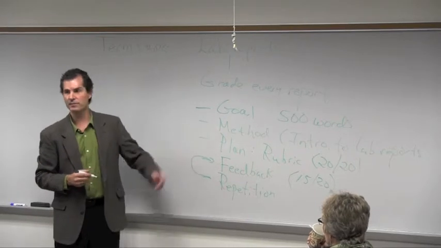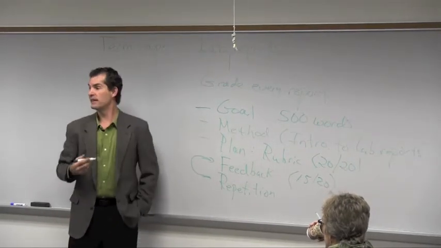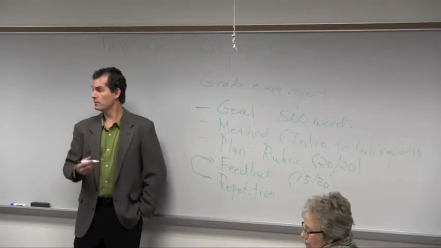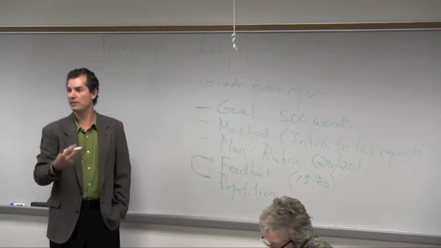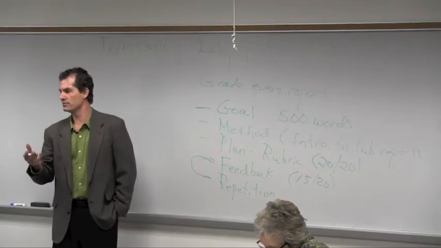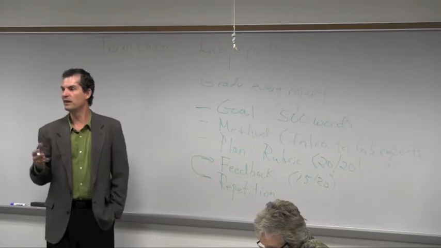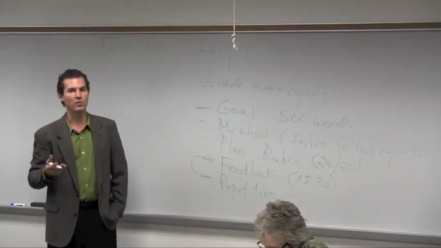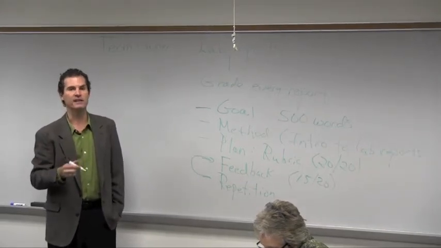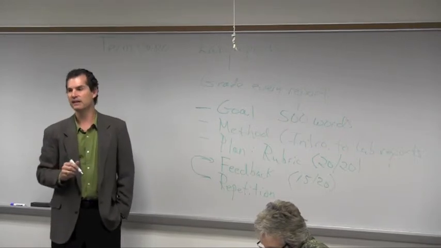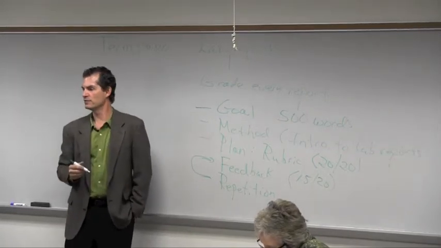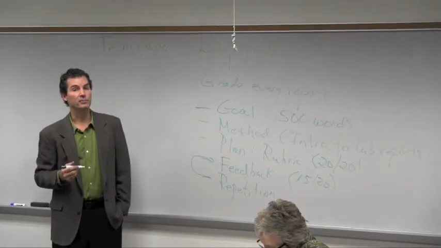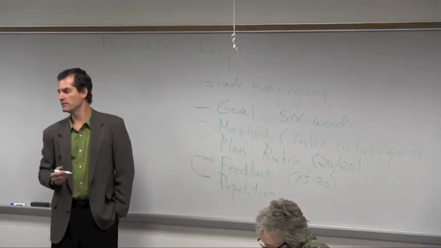All right, and then I give them the second one, and the average on the second lab report is passing. The first time through, the average is passing. So they go from an average of 9 to an average of 16 or so with one attempt. And I think some of that is knowing what I want, but the other thing I'm hoping is that they know what their resources are, and if they don't have English as their first language, they can ask for somebody to proofread their writing before it gets turned in.